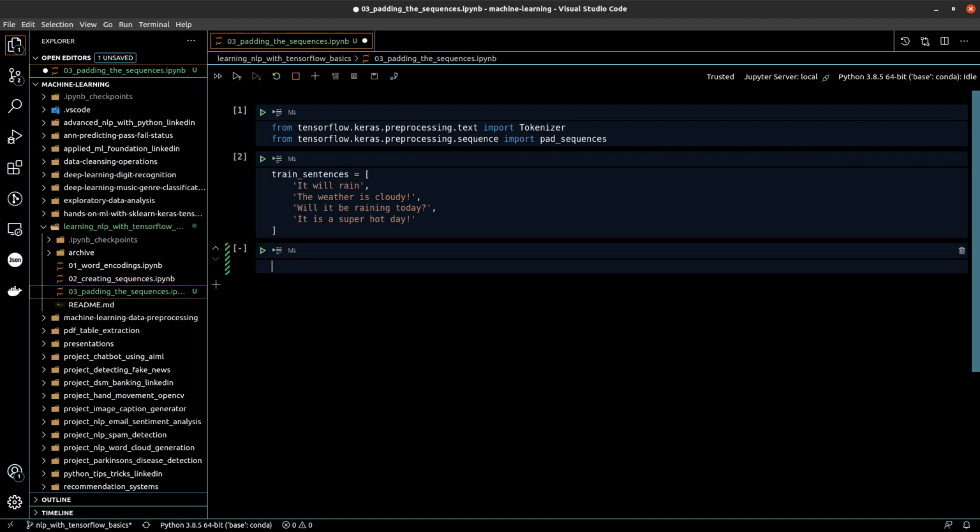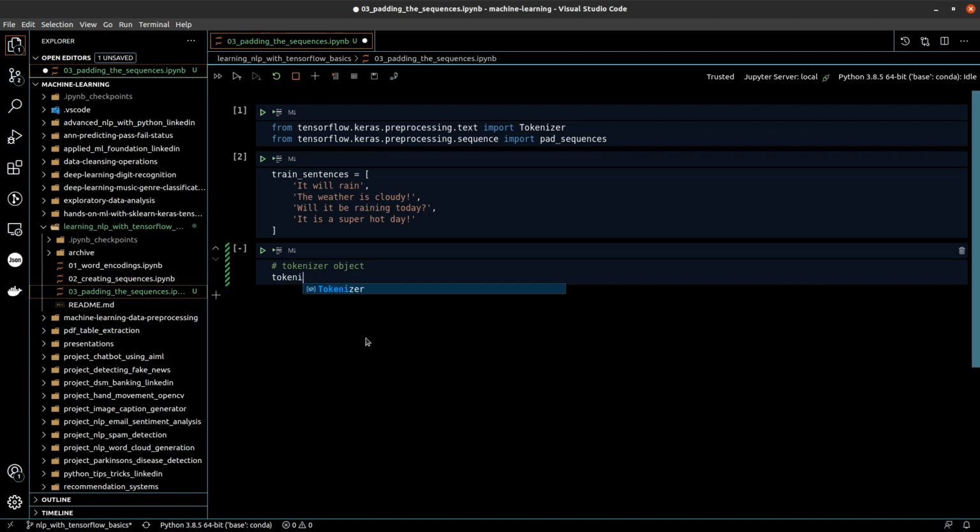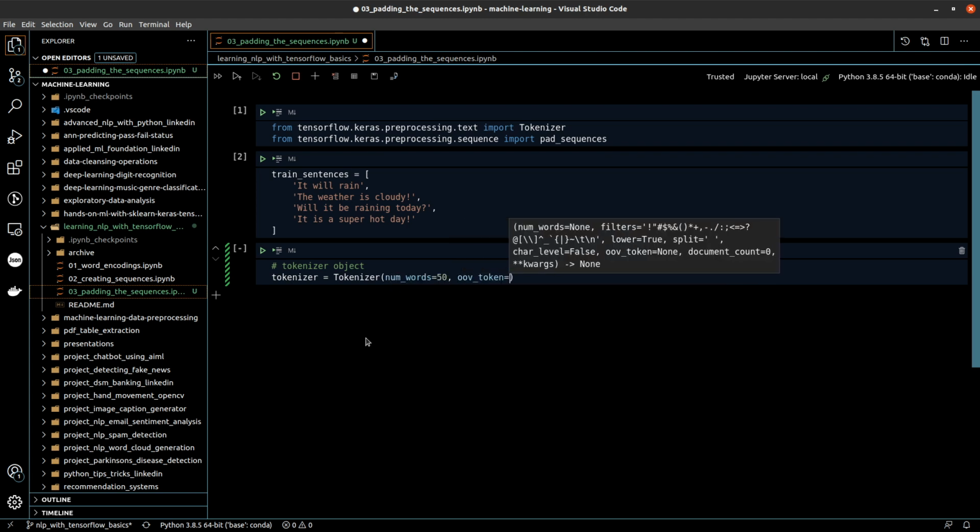Then we will create a tokenizer object and train it on these sentences. We will be using the OOV token, that is the out of vocabulary token. So tokenizer is equal to Tokenizer, let's pass num_words to be 50 and oov_token.